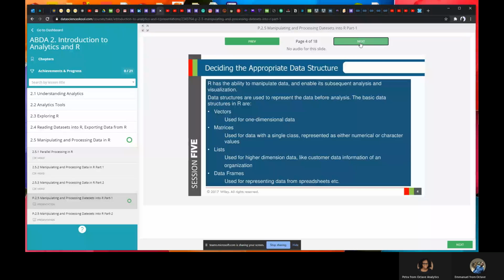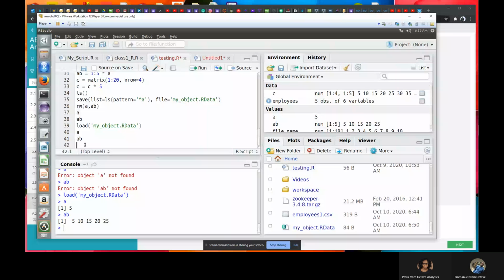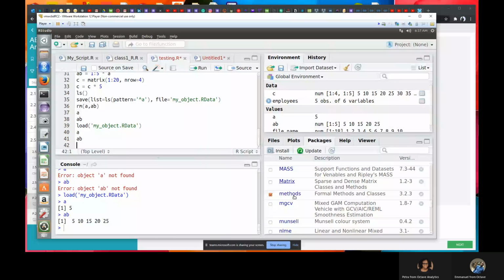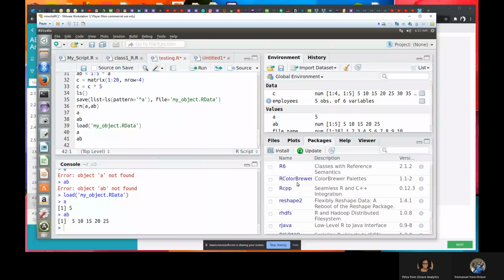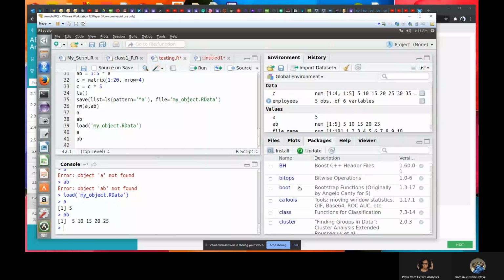There's a particular command you can use to import JSON format data. If I want to read JSON format data into R, I can use read_json. But before I can use this, there's a library you have to load into the R environment. It is called jsonlite. Let me see if I have it. I don't think I have it. I don't have the package yet. So if I want to use it, I have to install the jsonlite library. But moving on.